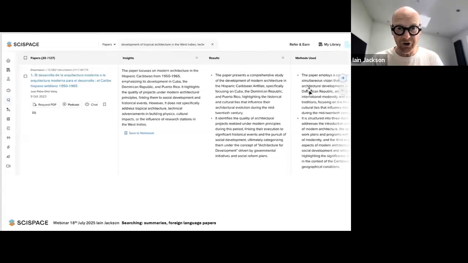So you can arrange various headings and it provides a digestible set of information for each one. So on the left-hand column, we've got the paper. Here's one published in Spanish, which I can't understand very well. And then with the columns, we can follow on. We can read the paper's insights. We can look at its major results, methods, and there's about 20 other things you can bring in or you can add your own. So why do we want to do this?